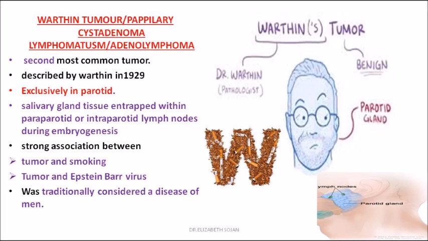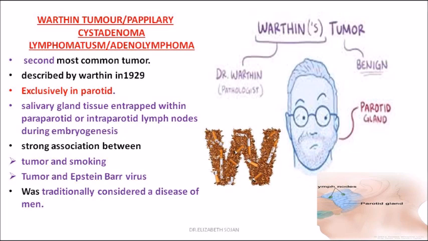From that picture you can recollect so many important points. Wharton's tumor was first described by the pathologist Dr. Wharton. Because of that, the term is given as Wharton's tumor. It's a benign salivary gland tumor. It comes exclusively in the parotid gland. That is why it is given as parotid gland in that picture. Now can you make out a W with small cigarettes in them? The W refers to Wharton's tumor. And why have cigarettes been given? Because smoking habit is linked to Wharton's tumor. There is a strong association. Scientists have found a strong association between Wharton's tumor and smoking habit.